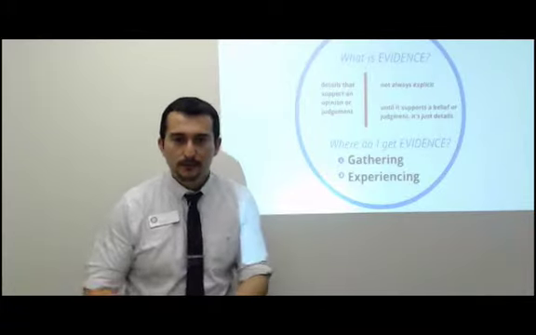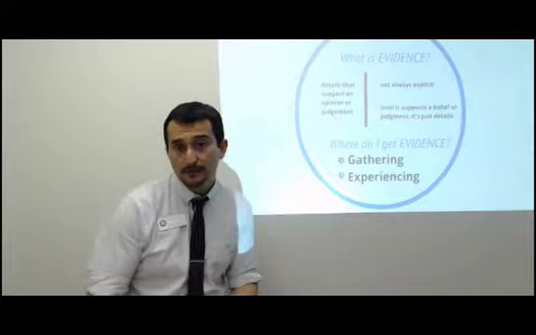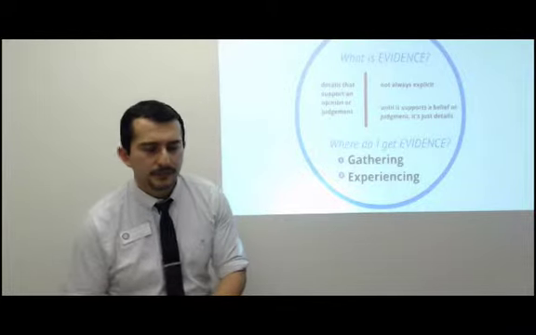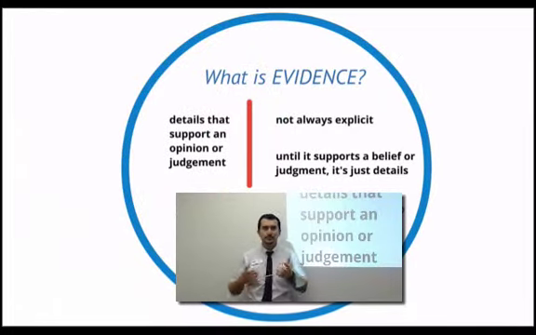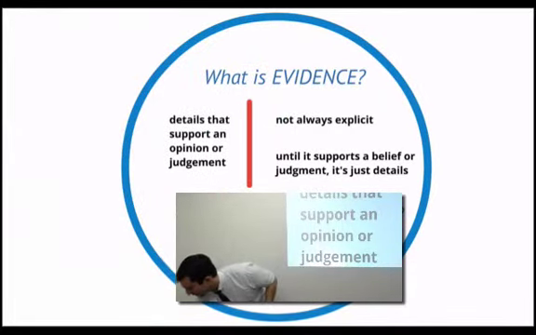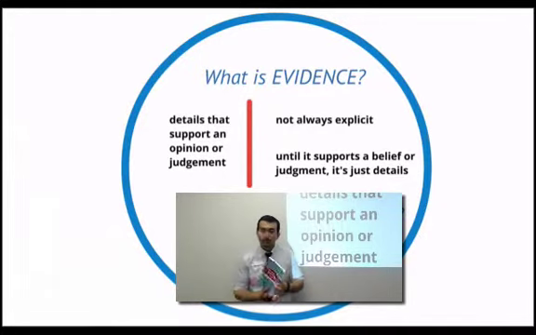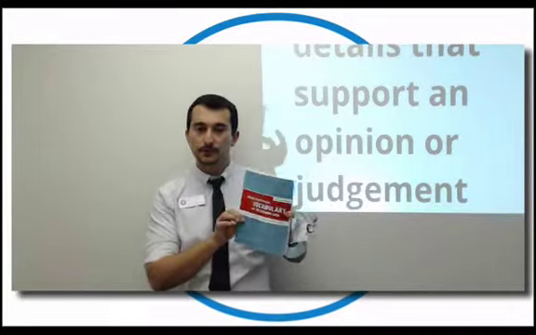So what is it? Where is it? What types of evidence are there? And how do we get evidence? And let's go through what evidence is. I think it's always important to give students a very clear definition of what all these terms are. And I'm taking this definition out of Marley Springer's book, Teaching the Critical Vocabulary.